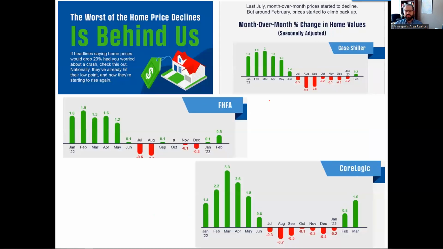So this one's pretty interesting. This is from KCM, Keeping Current Matters. It's always important to cite our sources. And they're showing the Case-Shiller data, Federal Housing Finance Agency, and the CoreLogic data. And look at how interesting. So if headlines saying home prices would drop 20% had you worried, well, check this out. Nationally, there's some evidence that prices have already hit their low point, and now they're actually starting to rise again